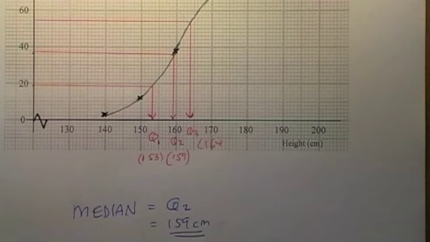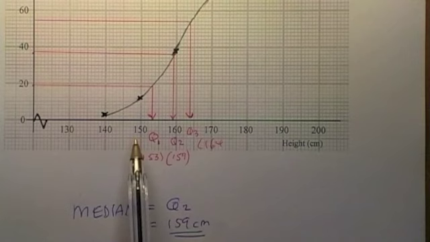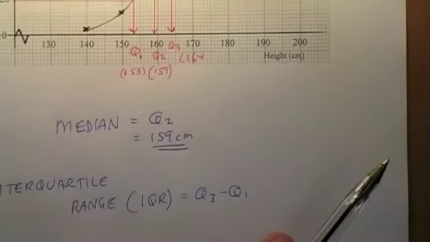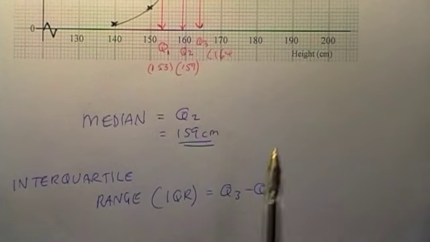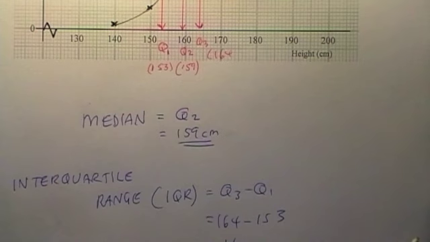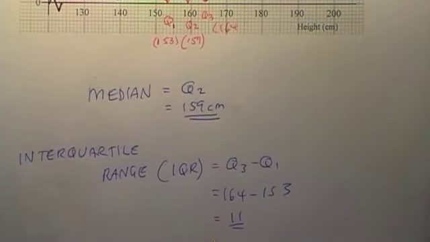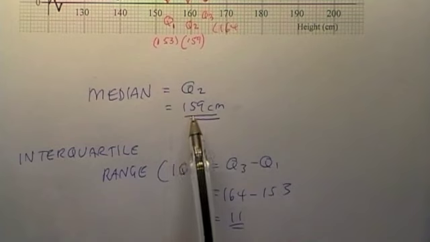The interquartile range is the highest quartile, take away the lowest quartile. So in this case it's going to be Q3 take away Q1. So interquartile range, often abbreviated to IQR, is equal to Q3 take away Q1. That was the highest quartile, which is 164, take away the lowest quartile, 153, and that comes to 11. So this distribution can be described as having a median, middle value, of 159, and an interquartile range